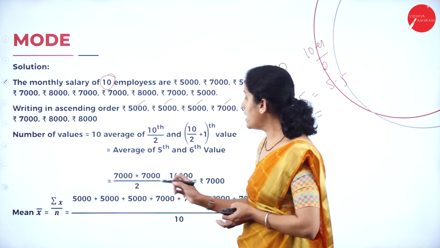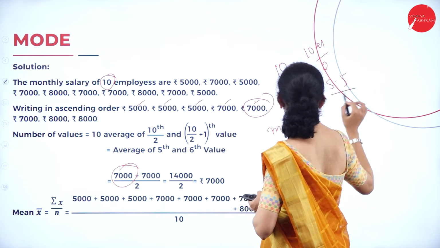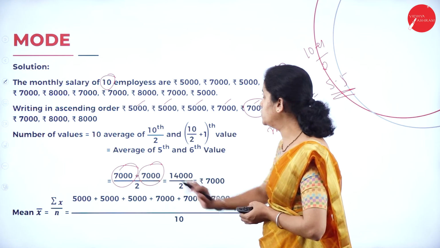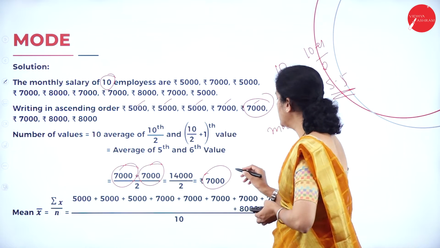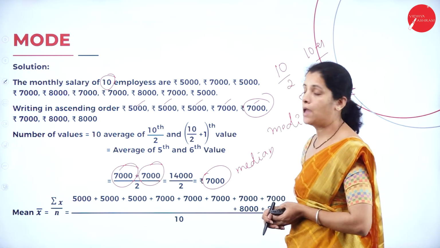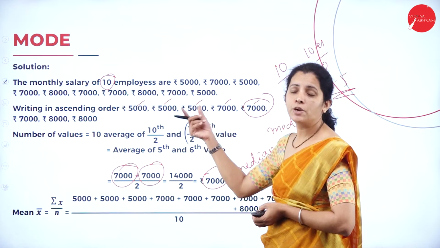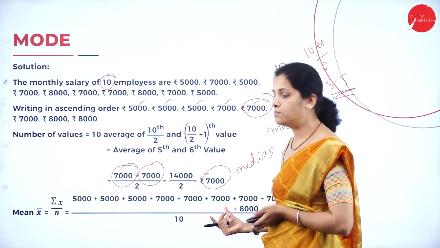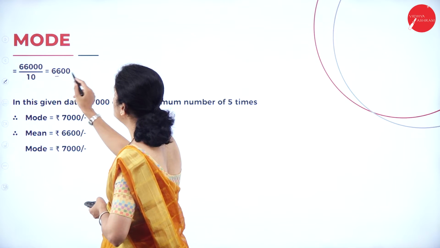In my fifth place, I'll get 7,000, and in my sixth place, that is nothing but the 5.5, I'll get 7,000 once again, divided by 2. So 14,000 divided by 2, and what is the median here? Median is nothing but the 7,000. Now I want to find out the mean. So what is mean? That is nothing but the summation of the given observations divided by the total number of observations. And when I simplify, I'm going to get the answer